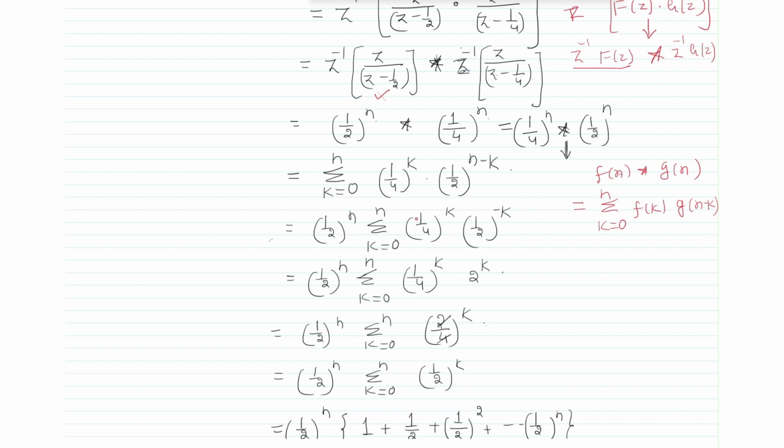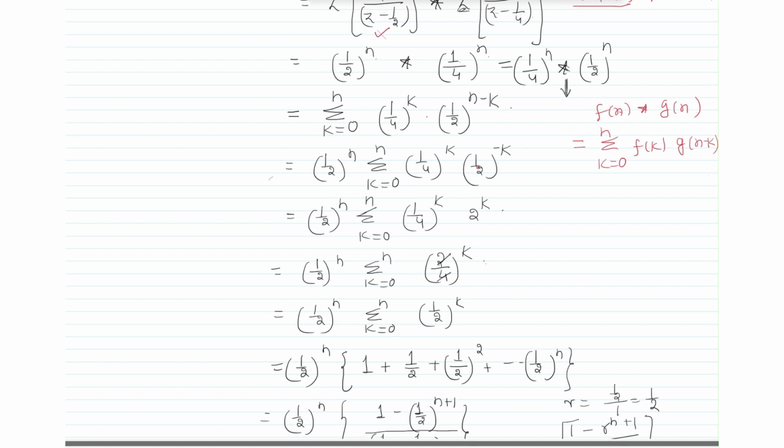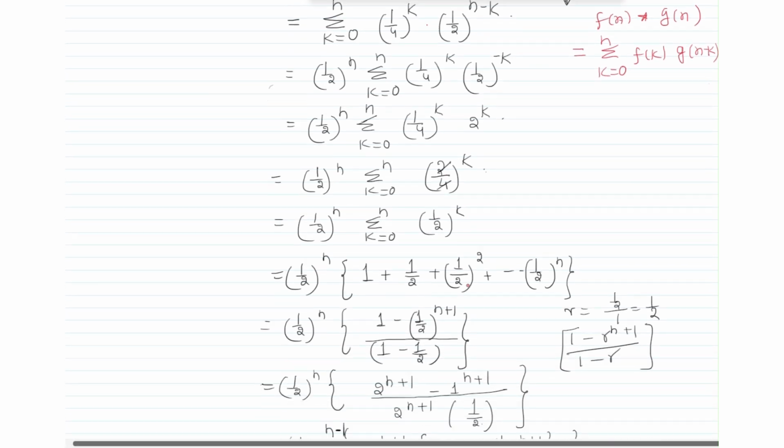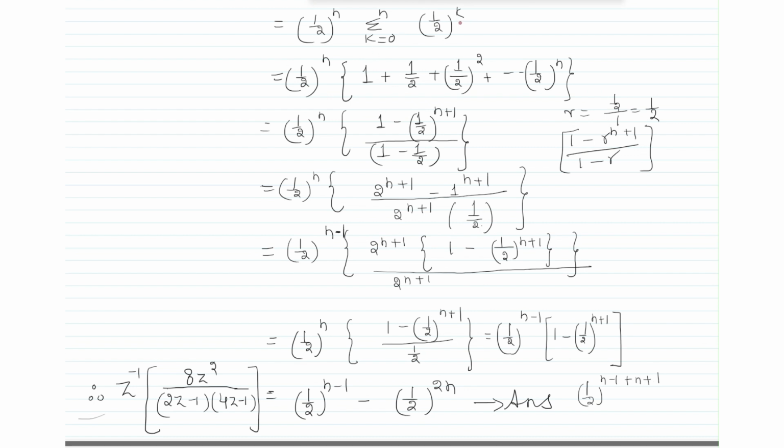These are the kth terms only, this is a sequence in k, and this is also a sequence in k. Now if we wish, we can simplify it first. 1 by 4 to the power k, 1 by 2 to the power minus k, means if we take both together, we'll get 2 by 4 to the power k. This is cancelling. So this 2 by 4 is now 1 by 2 to the power k. If we find the summation of it, after putting k equals 0, 1, we get 1, half, then half square, up to half to the power n.